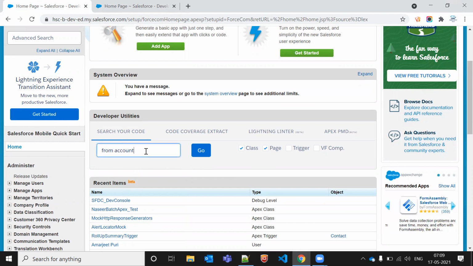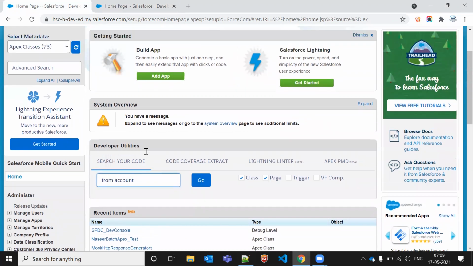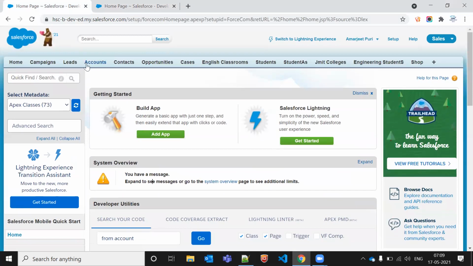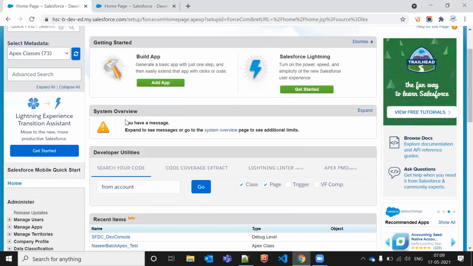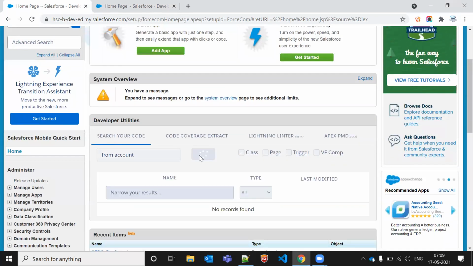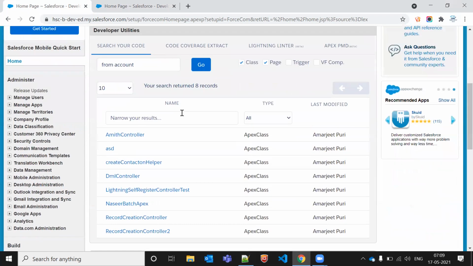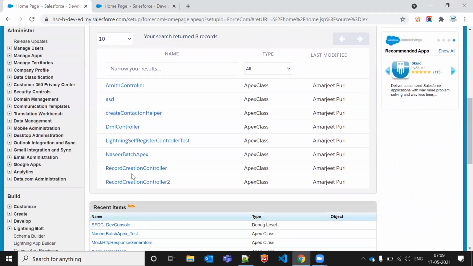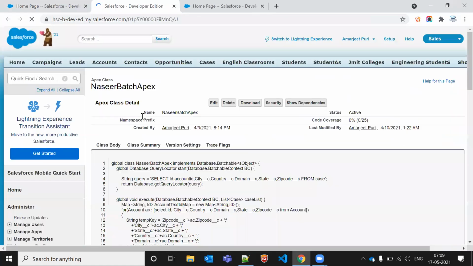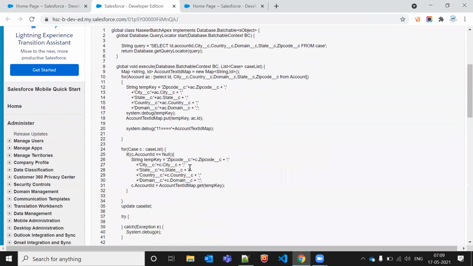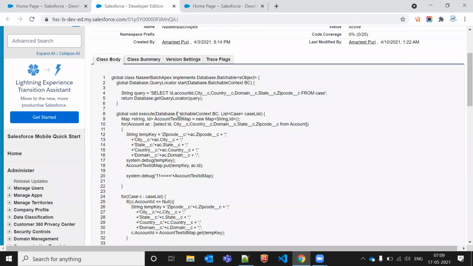Definitely we cannot skip the start method. If we have a suspect on the account object, let's say something is happening in the account object, I will not go to opportunity, I will go to account only. So I will write from account and search if there is something related to this. Then I can check, let's say this is a batch apex, so if I go there I can check, oh, this is my batch apex, or what. Like this we can do.